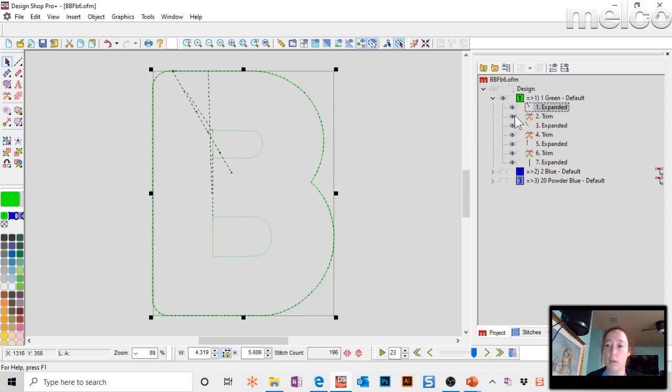The second one, if I turn them all off and look at this, is a running stitch. It's a placement for the applique letter. And you'll see I've got that jump stitch programmed in. You can leave them. They won't sew. If you want to get rid of them, if you don't like them,